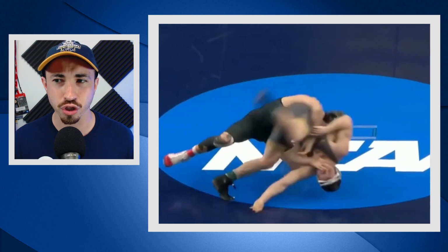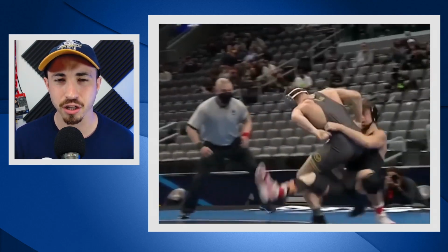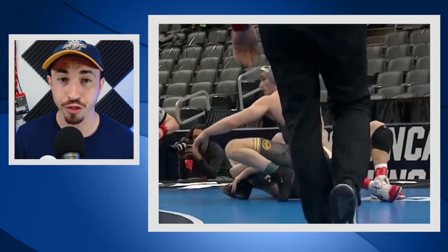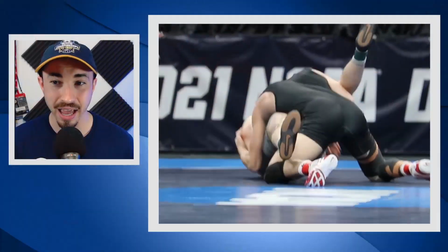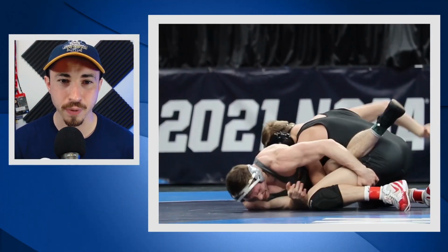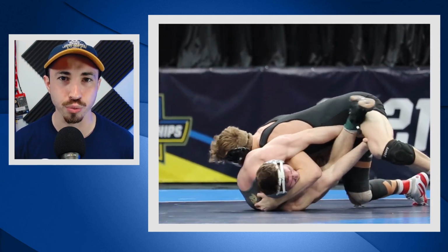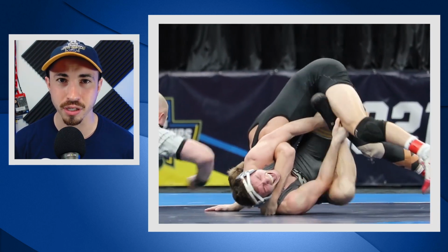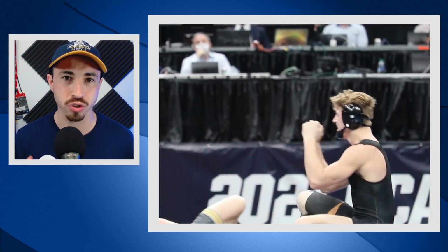But anyways, Griffith took advantage in the first period by securing a takedown, but Wentzel was able to escape. Wentzel gets another escape in the second. It's tied 2-2. In the third period, Griffith actually chooses neutral. Gets his head inside on a single and fights for a takedown. Ends up also getting some back points and ends up winning the match. He won the match by a score of 7-2. I believe he had the riding time as well, is kind of what that came down to. But ultimately, even though Pitt challenged some of the back points at the end there, Griffith did still come up on top with the win in one of the most,